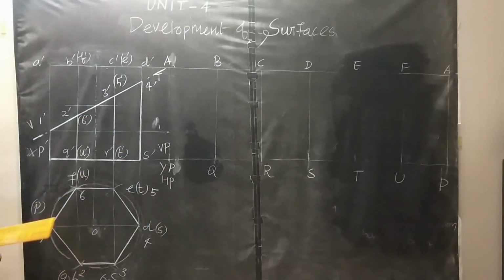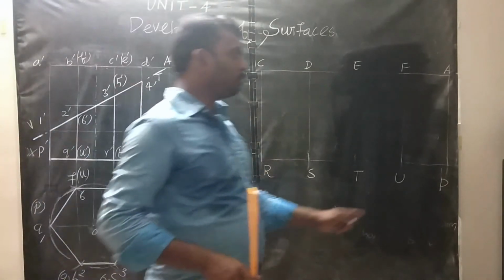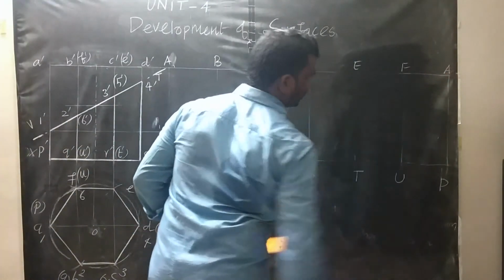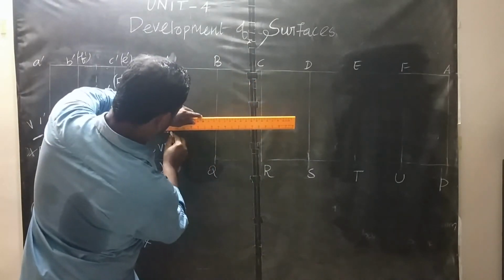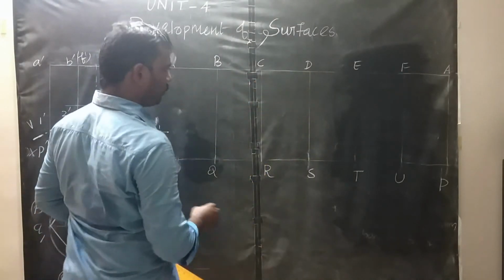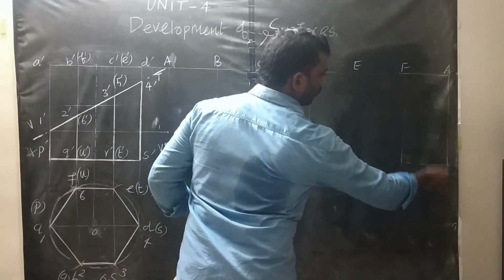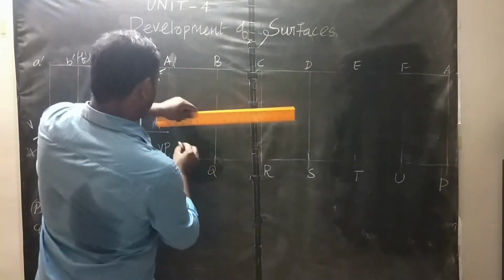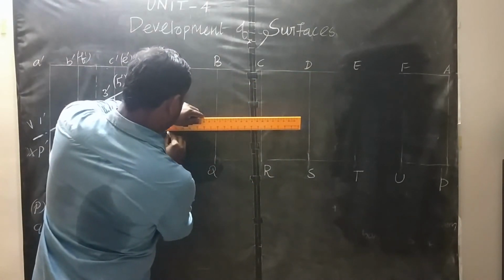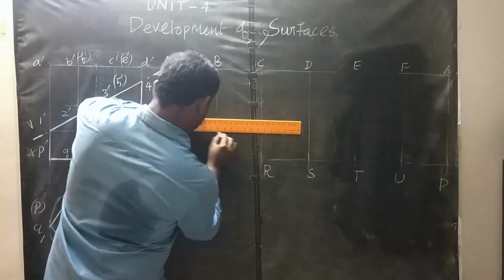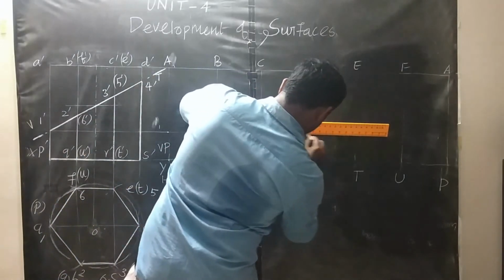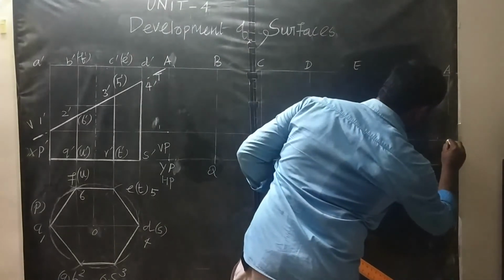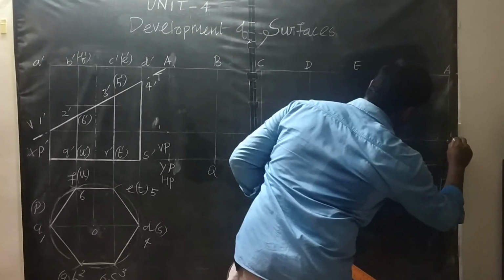Then see here, we still have one more lateral edge in terms of AP. So project this point up to this extreme vertical line, because we still have one more vertical line in terms of P and A. So project this point up to this last vertical line. Make one point, that point is called 1 suffix 1.